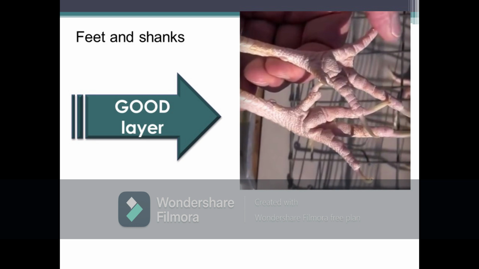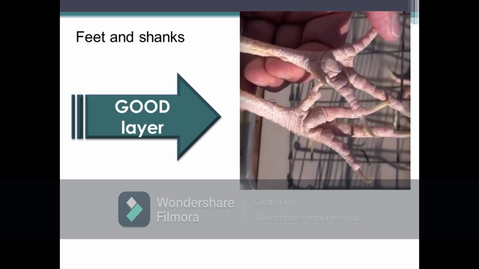The bottom of the feet and back of the shanks of good layers are bleached as shown in the picture. Bleaching of the bottom of the feet occurs next to earlobe bleaching, and this happens at 8 to 10 weeks, followed by the bleaching in shanks at 15 to 24 weeks after the start of play. The shanks are the last to lose the yellow color, and for this reason are the surest indication of long